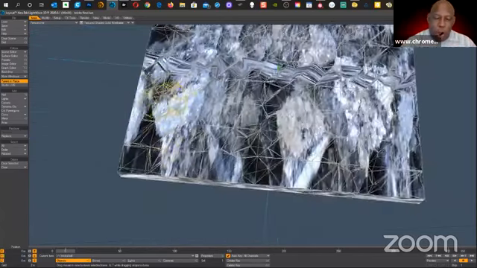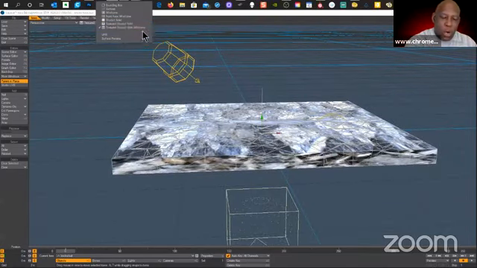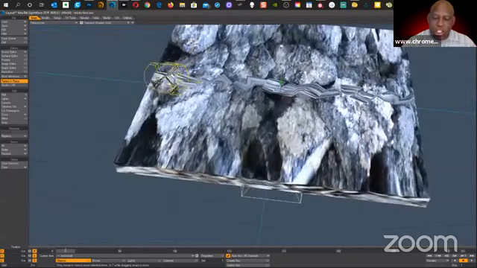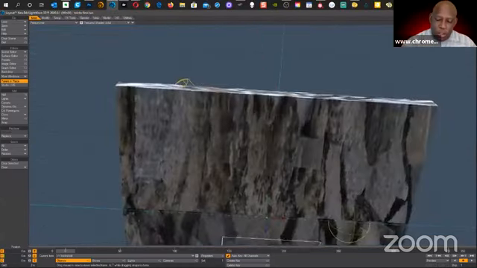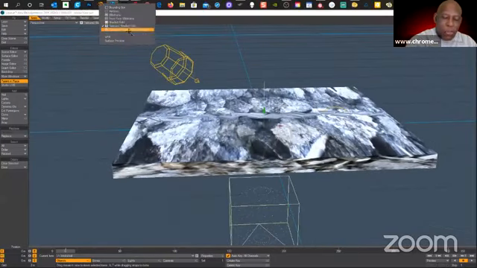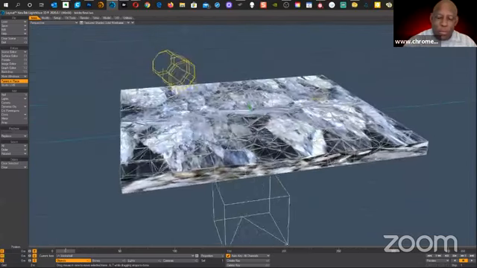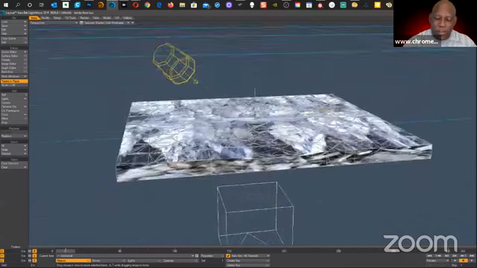Now I could turn that off. Right up here is an option. It's showing me the actual wireframe. I can go to solid only, so you actually see the solid marble-looking object. But if I go back to the fractured version, you get to see the 100 individual fractured pieces.